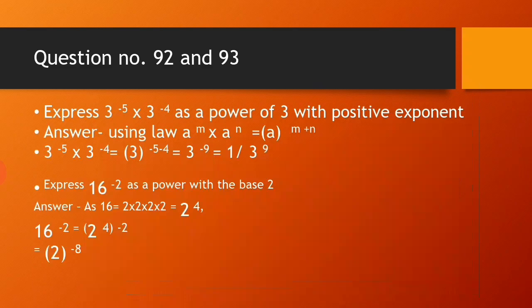So 3 raised to power -5 and 3 raised to power -4 becomes 3 raised to power -9. And we cannot leave it in minus. So the answer becomes 1 by 3 raised to power 9. Question number 93. Express 16 raised to power -2 as a power with the base of 2. Understand the question. The power should be in the base of 2. Now we know 16 is equal to 2 into 2 into 2 into 2, which is 2 raised to power 4. Now we got the base 2. Now (2 raised to power 4) whole raised to power -2, because 16 was